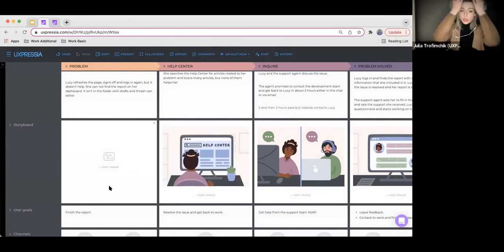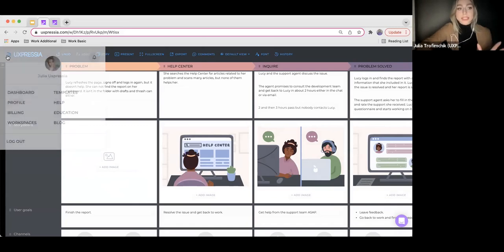Also, I would like to note here, sometimes you might add the image, for example, the screenshot of your product, and your product has evolved with time, and you feel that there is a need to replace this image everywhere in all the documents and all the maps where you included this image. It's really easy to do right now.